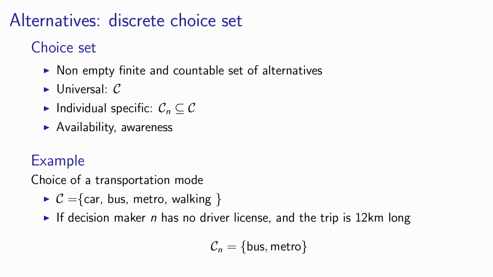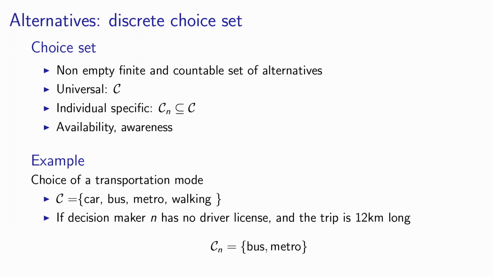In order to develop the individual choice set Cn, we will need to take into account the fact that some alternative may be not available to everybody, or that a given individual may not be aware that an alternative is on the market. Let's take a simple example of a transportation mode choice model. In this case, the analyst can be interested in understanding in a given city if people take the car, take the bus, the metro, or walk in order to go to work in the morning peak hour.